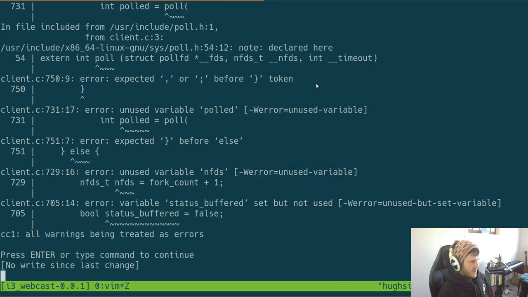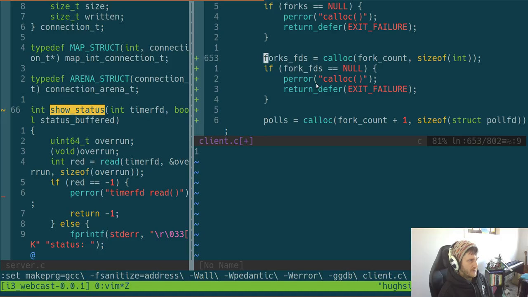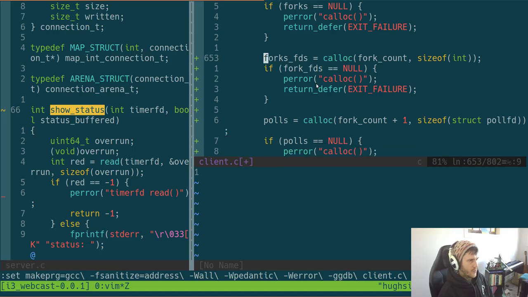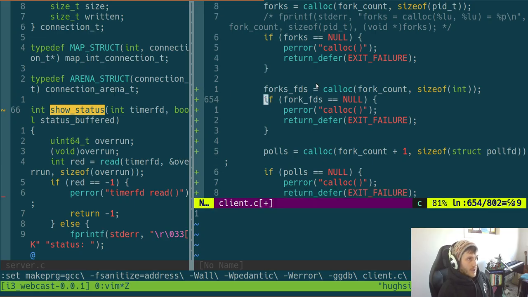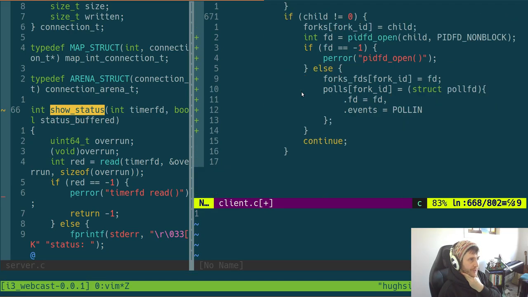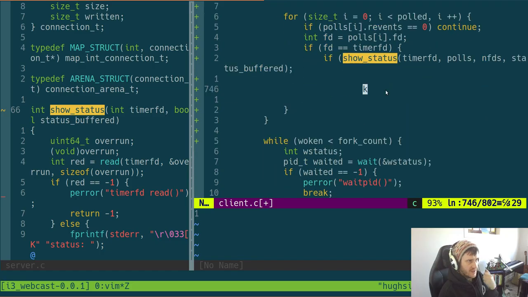But if we try the server, yeah, so that works. But we'll go back to the client for now. Anyhow, so when we do this, we show status, and if the show status